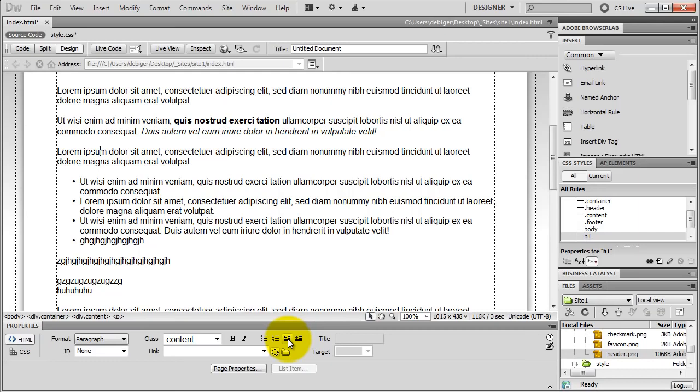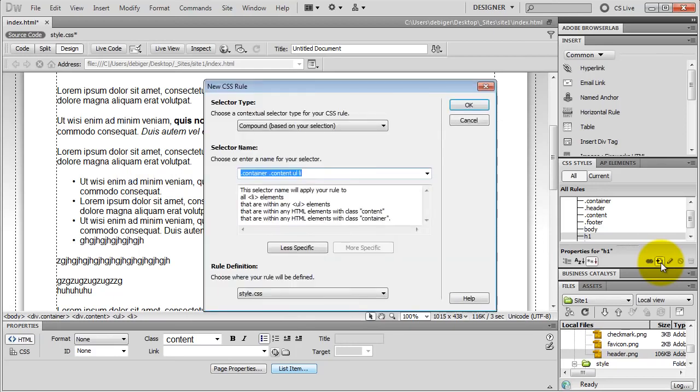I put my cursor in one of my list items inside of my unordered list. I click on new CSS rule, and I need a compound selector because I only want to style those list items that are inside of an unordered list, but I only need the UL li tags. So I click on less specific once again, and this CSS rule is only going to apply to those list items that are inside of a UL tag, so it's not going to have an impact on my ordered list if I have any. I click OK,